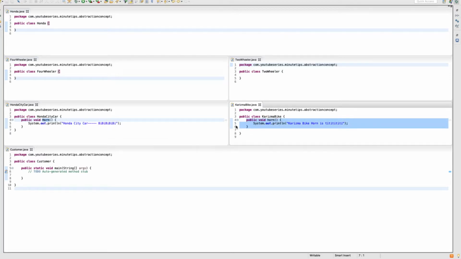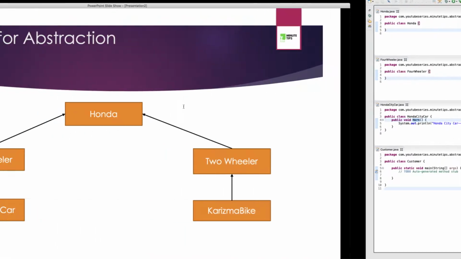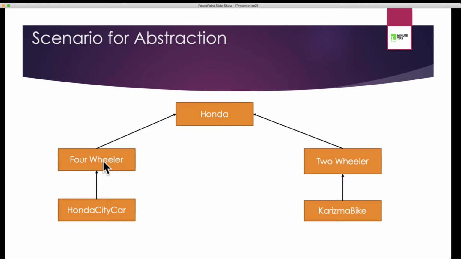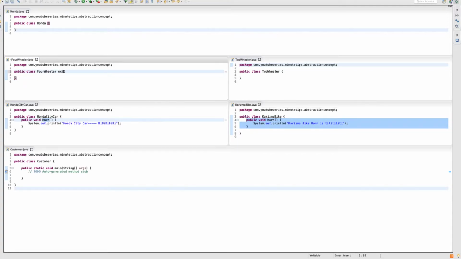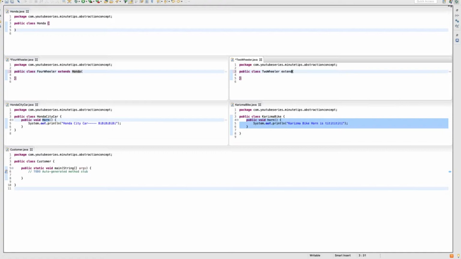Now to show the relationship, just like this structure, Honda and then the two classes inherited from Honda, I'm going to do it with the extends keyword. So my four-wheeler class is a child class of Honda company. Again, my two-wheeler class is a child class of Honda company.